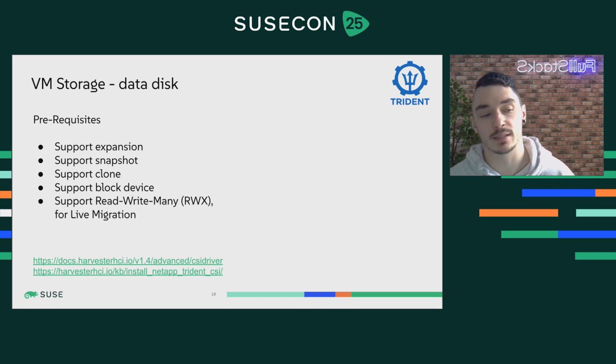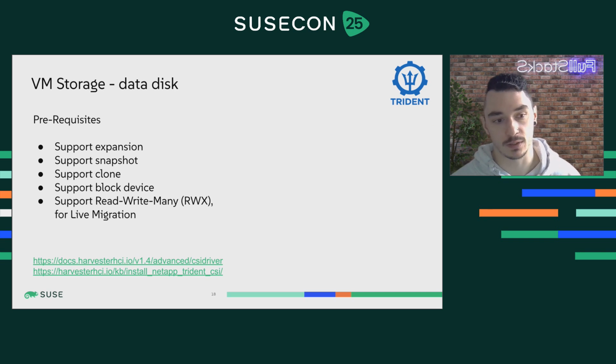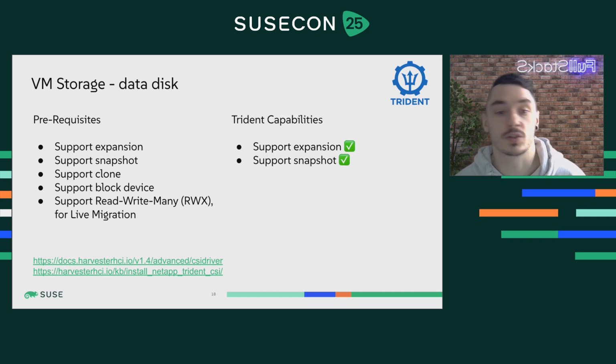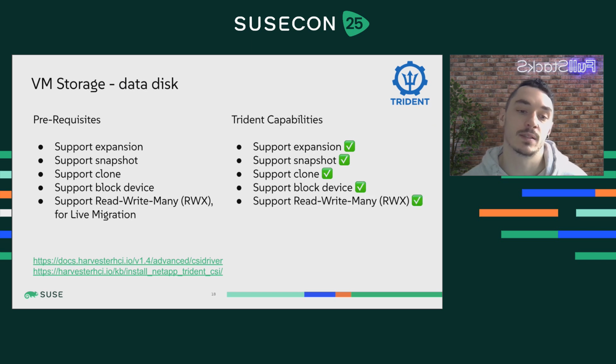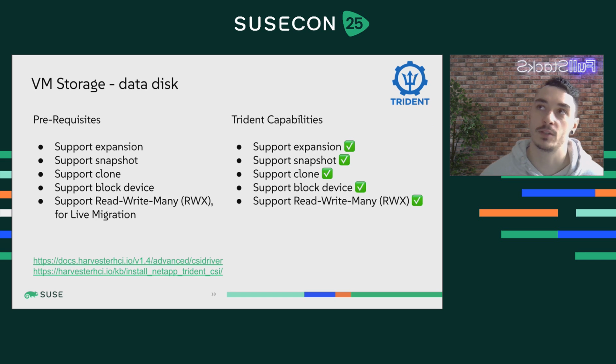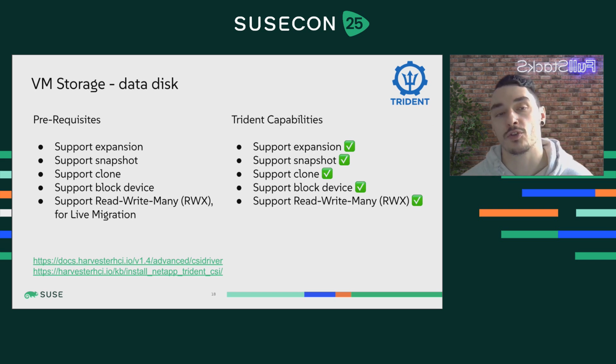And there is also a necessary support for read-write-many operations, especially for live migration. So if you want to switch a virtual machine from one node to the other, both of them should be able to read and write on their storage volumes. Luckily for us, the capabilities of Trident support expansion, support snapshot and cloning, support block device, and they support read-write-many. The thing I need to mention here is that Trident, as I mentioned before, is able to cope with many different backends,